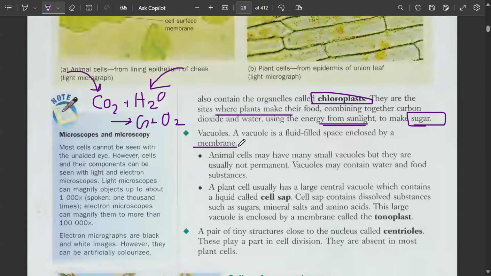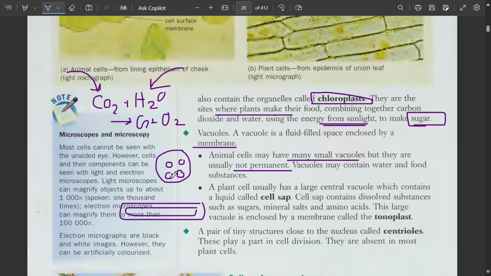Vacuoles भी एक ऑर्गेनेल है which is a fluid filled space enclosed by a membrane. Animal cells may have many small vacuoles, but they are usually not permanent. वैक्यूल्स एनिमल सेल्स के अंदर भी होते हैं, but they are very small and very numerous. जबकि प्लांट सेल्स के अंदर एक ही लार्ज परमानेंट वैक्यूल होता है, और ये परमानेंट है। एनिमल सेल्स के टेम्पररी वेसिकल्स होते हैं बेसिकली।